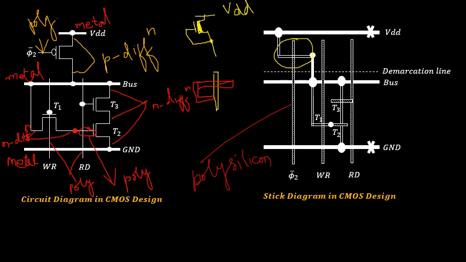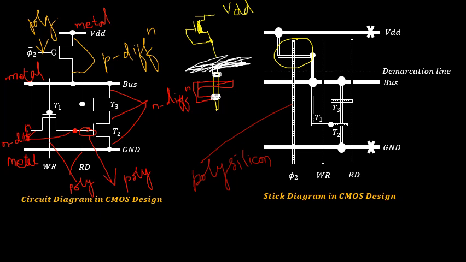So I have joined two distinct layers. Must and should I have to make use of a contact cut. Apart from that, I have a metal layer. So assume this is a metal layer. So white layer is a metal layer. So this is a metal layer and this one is a diffusion layer. So either I can extend it with the help of a metal layer and I can make use of a contact cut over here, or I can extend the diffusion layer, that is yellow color, and I can use a contact cut over a metal layer. So any one of these will hold good.